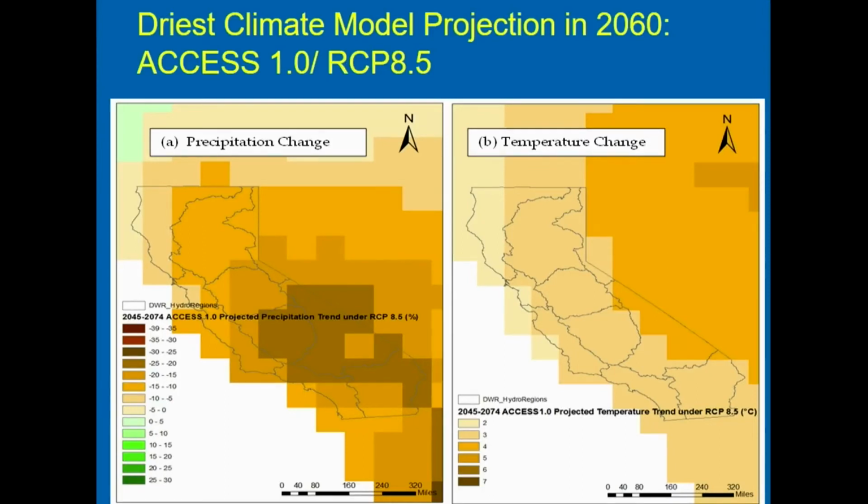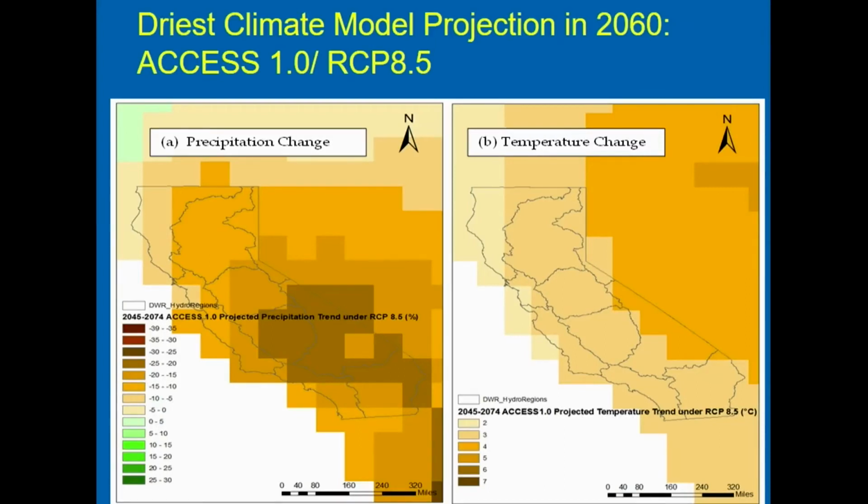So this is the extreme climate change impact on the State Water Project. How to do that? We selected the driest climate model projection among the 20 climate model projections. This driest projection is from ACCESS 1.0, under the emission scenario RCP 8.5.